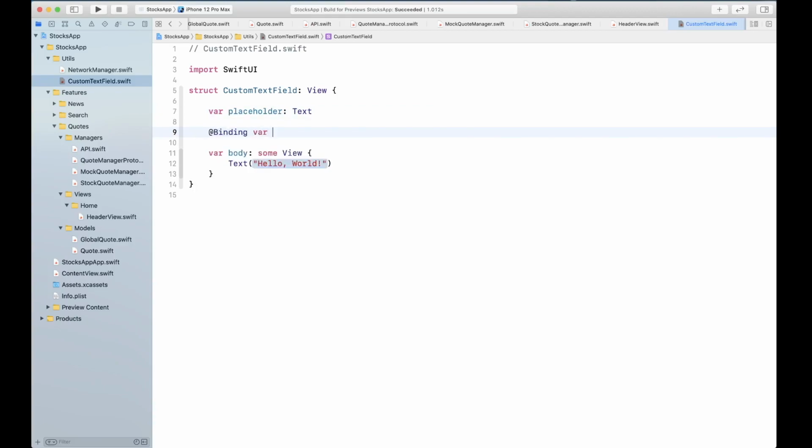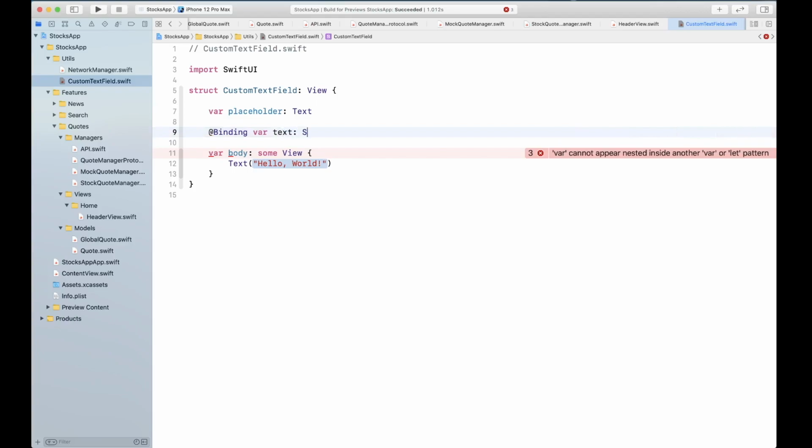Now, the reason we are creating this custom text field is because at this point the text field does not allow you to set the background, and basically whenever you have your background changing, or color modifications within the background or the placeholder text, that's not possible. But with this, we are going to be able to create that effect where placeholder text color is also customizable.